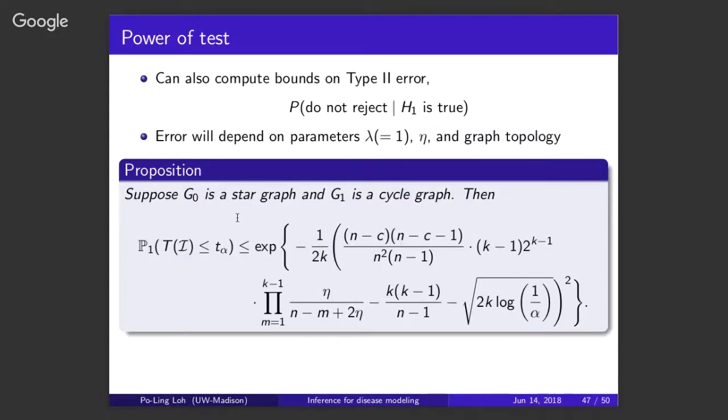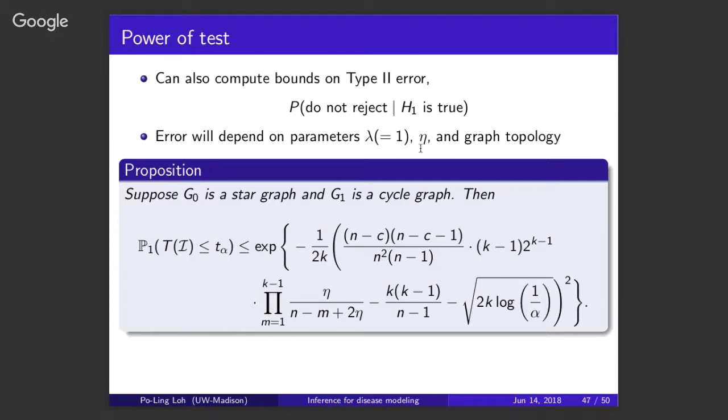So the simple case was motivated by the example I just went through, where you have a star graph on the one hand and something like a cycle graph on the other. And again, I don't want you to stare too much at this expression, but I just want to say something about how this expression depends on the two parameters governing the spread. So if you remember, there was an exponential parameter lambda governing how quickly nodes get the infection just by themselves. And then there was another parameter eta governing how quickly the infection will spread over an edge.